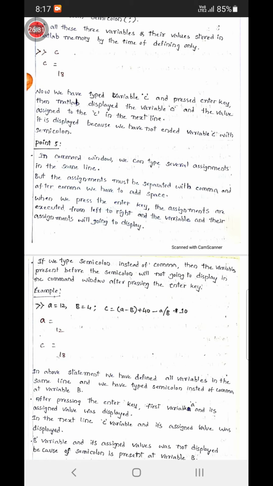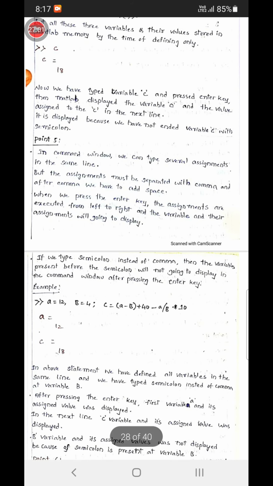And if you put semicolon, then that particular variable will not be displayed. See, we have put semicolon after the variable B, and then the variable B will not be displayed because of this semicolon. So A is displaying, A assignment 12, C assignment 18.